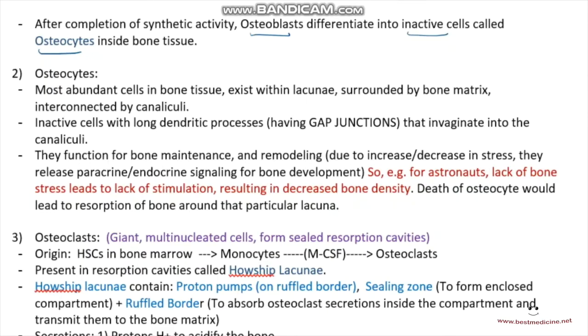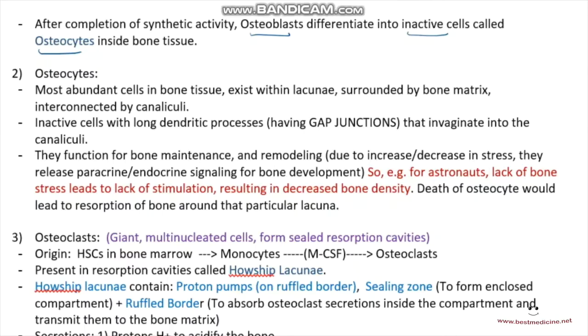So we're finished with the osteoblasts, which were the simple cuboidal layer of densely stained cells present in the periosteum and the endosteum, and they were secreting bone matrix, right? Now, after their synthetic activity is completed, osteoblasts actually differentiate. So you know the process of differentiation in which certain genes are turned off, certain genes are turned on, and they differentiate into newer cells, right? So after their bone matrix production is complete, they differentiate into some inactive cells called